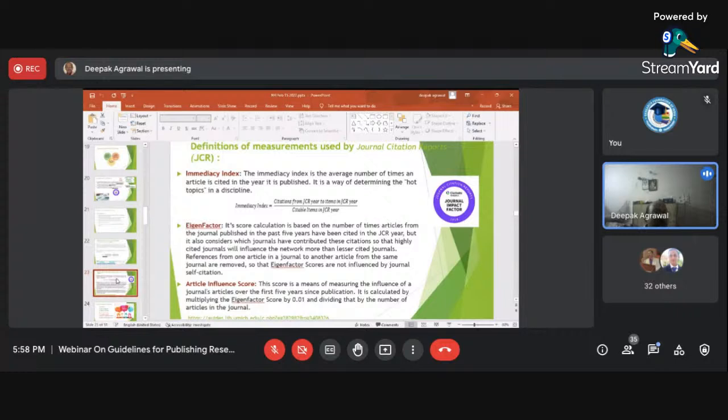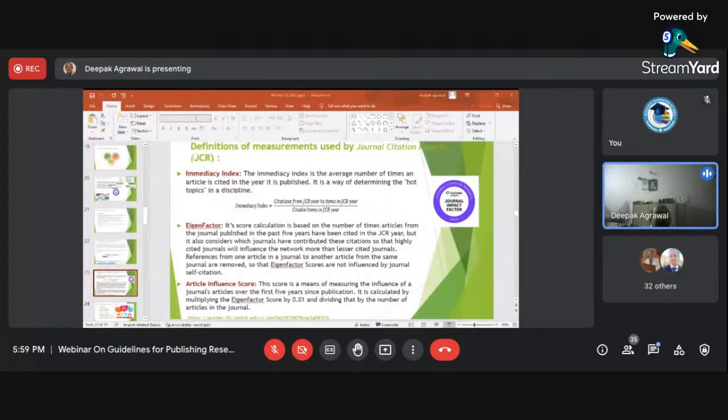What are the other criteria to be considered while selecting the journal? Besides the listing, that is the JCR and impact factor, the other factor to be considered is the Immediacy Index. It is the average number of times an article is cited in the year it is published. If you got your paper published in 2021, this Immediacy Index indicates how many times this paper was circulated in that same year, 2021. And this index provides a better opportunity as compared to the impact factor.